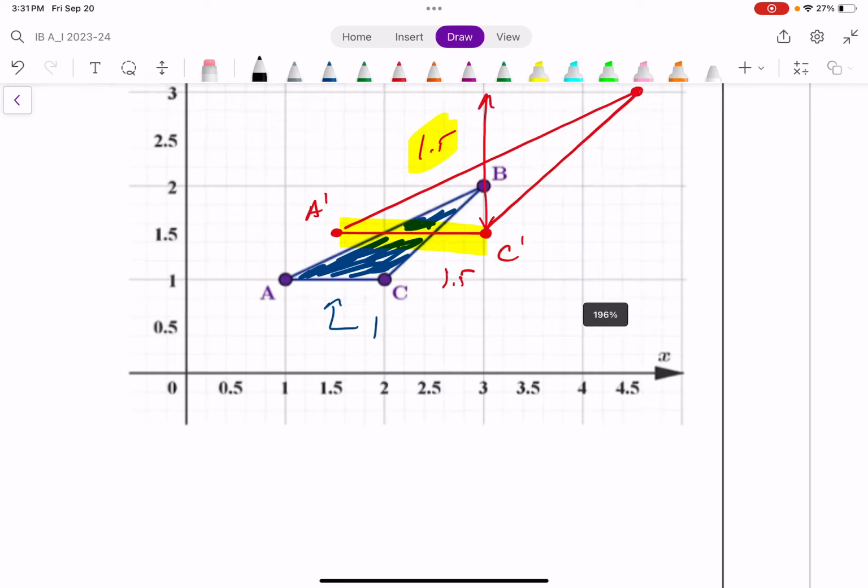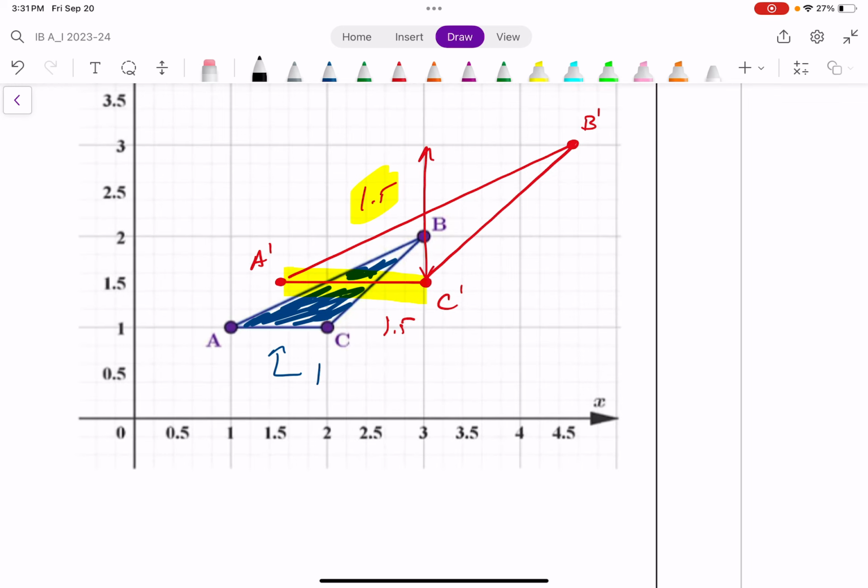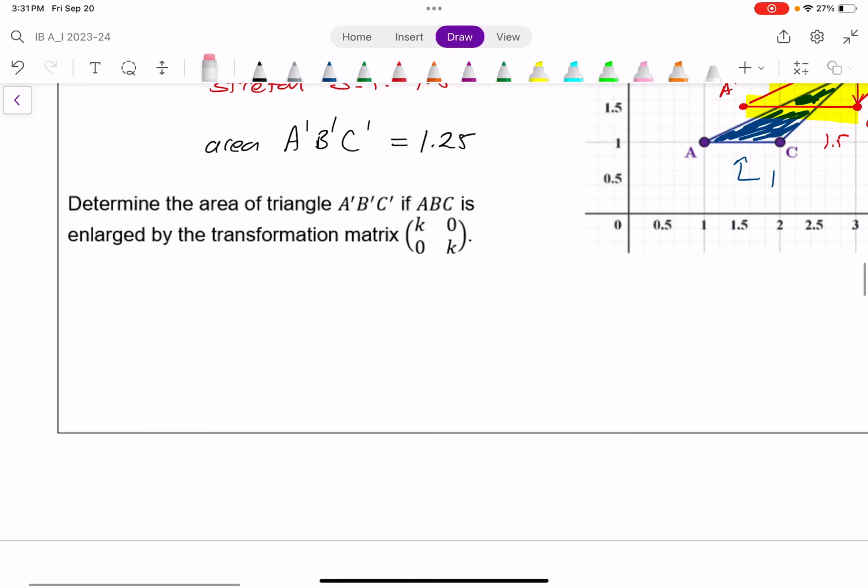Most importantly is, compared to before, the shape is 1.5 times wider and 1.5 times higher. So overall, the area is 1.5 times 1.5, or 1.5 squared times more. And this idea will pop up in future lessons. And so in general, if I just have, instead of 1.5, a k, then the area of the new matrix,